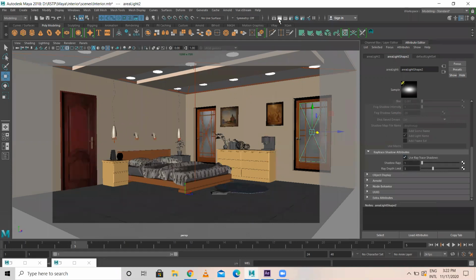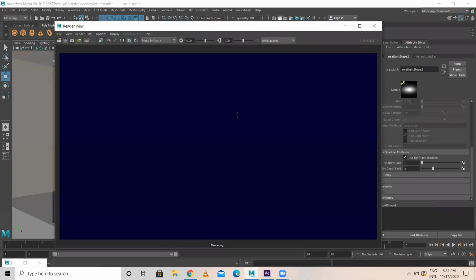Let us see with ray trace shadow how this looks. So you'll be getting a good output. If you are not using ray trace, you can use depth map shadow. That also will look good. But if you need proper specularity, proper reflections in our scene, you have to use ray tracing.